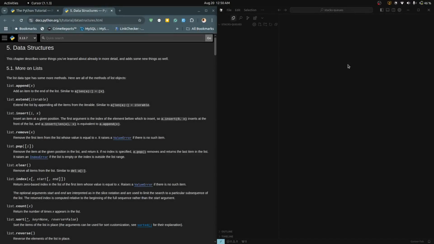In today's episode, we are going to be looking at some data structures. Before we go into the data structures that we're going to be looking at for today, which are stacks and queues, let's go over some methods on lists. So we'll create a new file here. Let's say example 1,